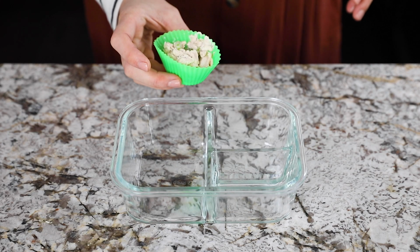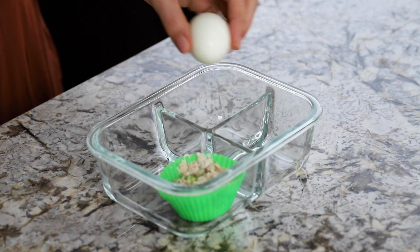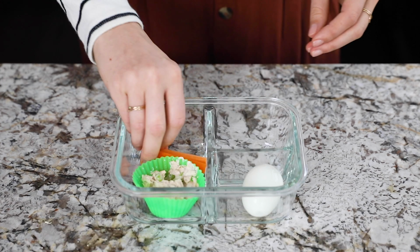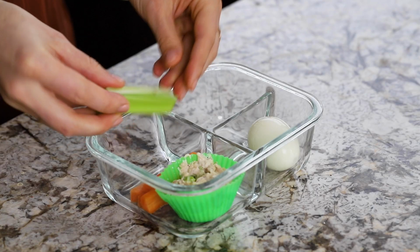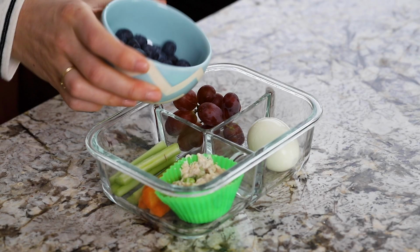So to our bento boxes, we are adding the tuna salad, hard-boiled egg, carrot and celery sticks, grapes and blueberries,